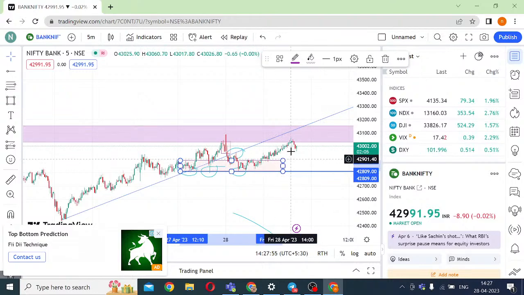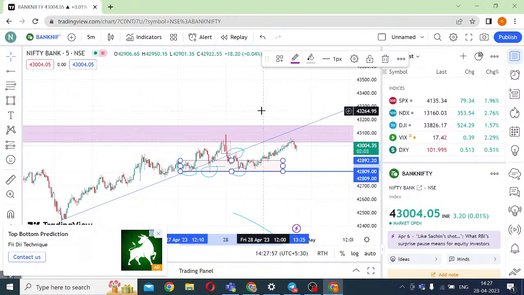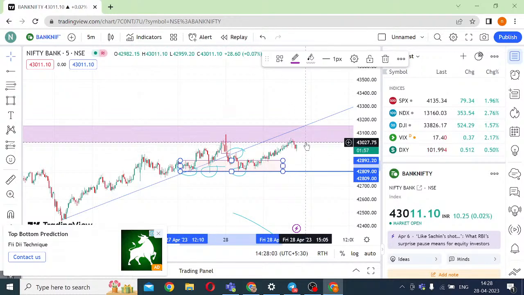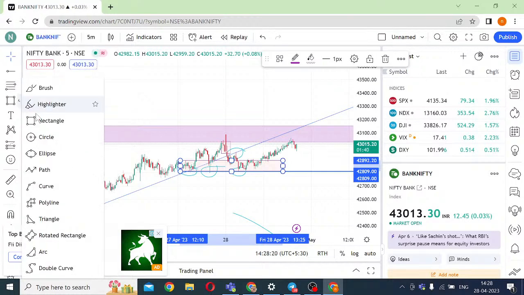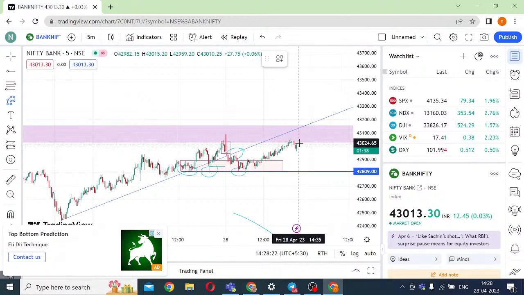Now, where am I looking at shorting the market? So this sweep which has formed, the market is continuously testing this. Today, I think more or less, they will trap every trader who is trying to enter long. They will trap all the traders. Now from here, the good chance is that the market can continue to trade in between this zone.